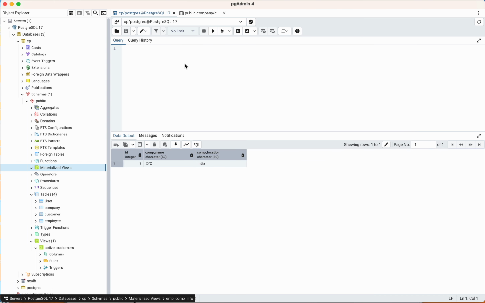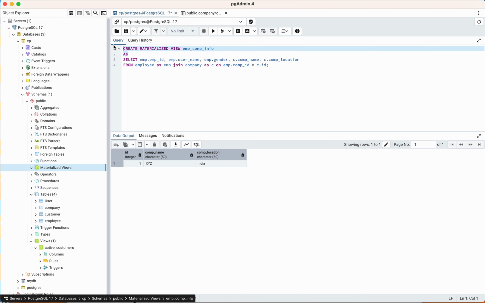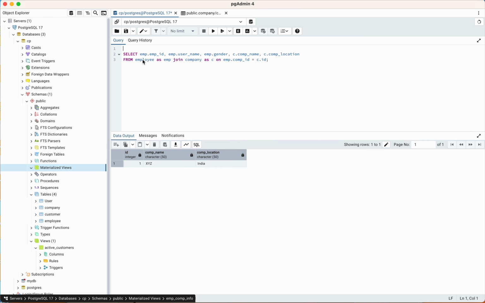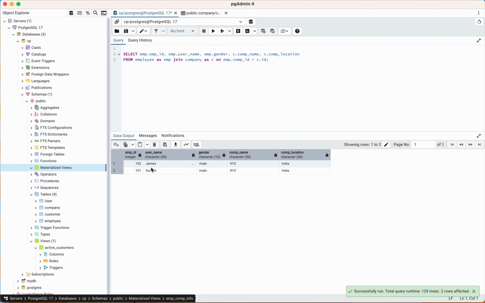I'm using pgAdmin 4. Look here. This is our query. What we are doing is using a join for the two tables and getting data from them. This is the employee table and company table, and we have joined them on the basis of ID. Look at this result. It has EMP-ID, username, gender, comp name, and comp location. Now with the data, I will create